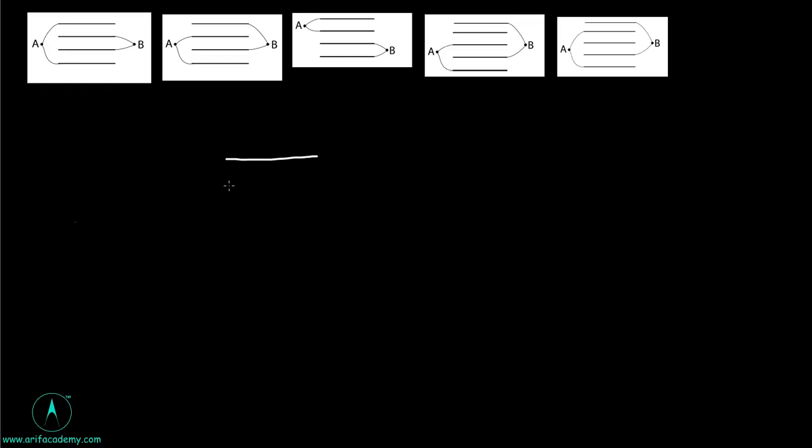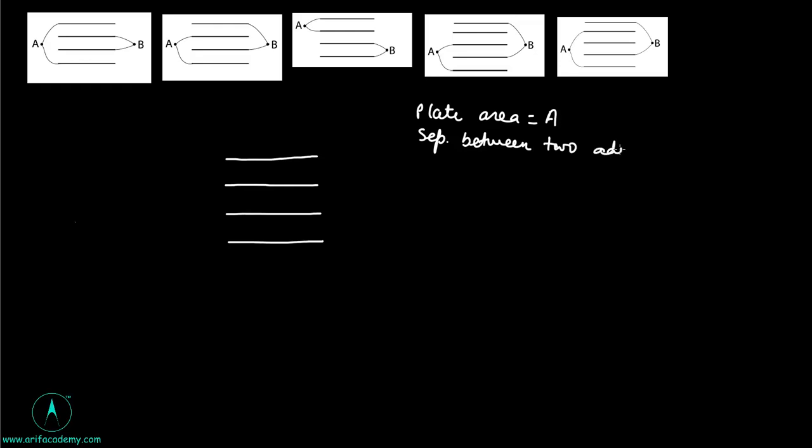So we have 4 plates, and the plate area is A, and the separation between two adjacent plates is D. So C is the capacitance between these two plates, and it will be equal to epsilon naught A by D. Now first of all, how these plates are connected is given in the question,